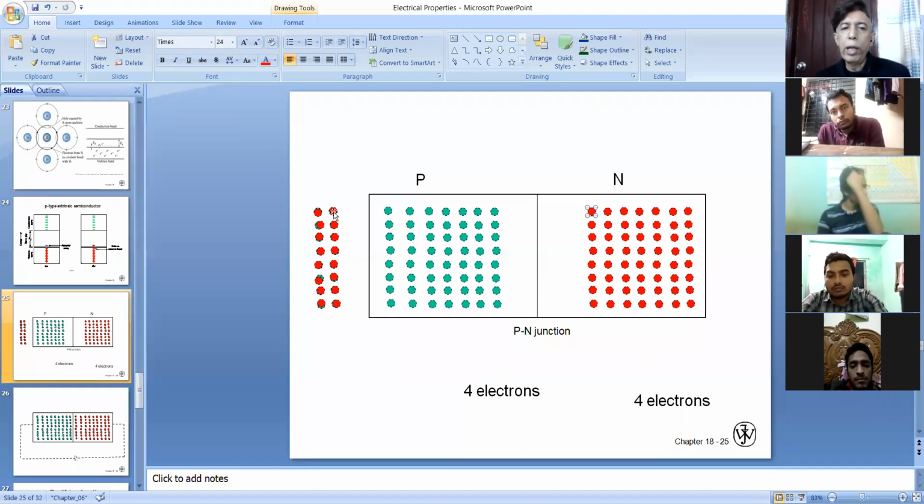So when a phosphorus electron enters the aluminum atom, the aluminum becomes negatively charged and the phosphorus becomes positively charged. Okay,